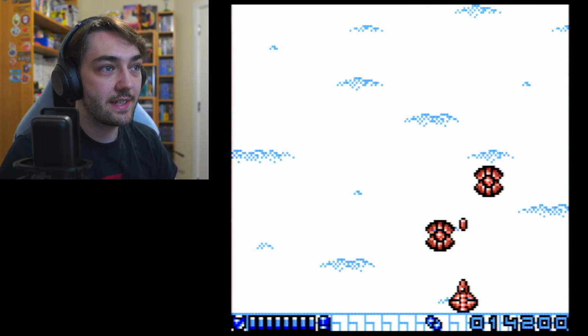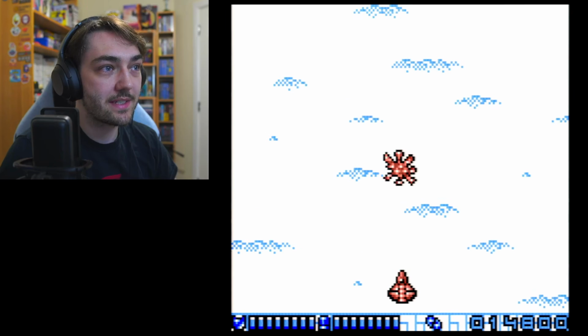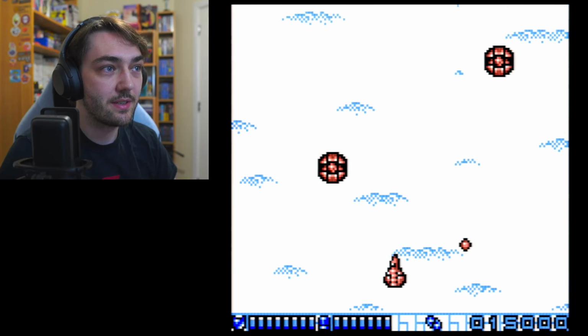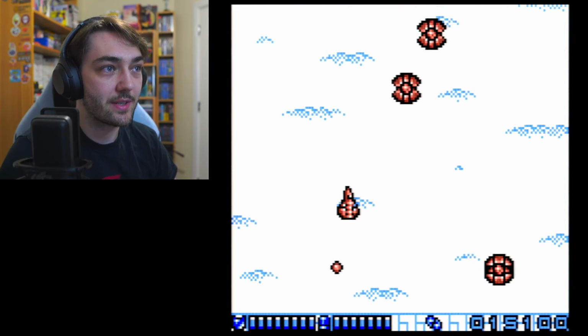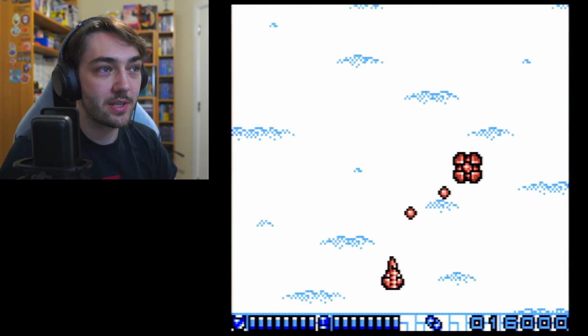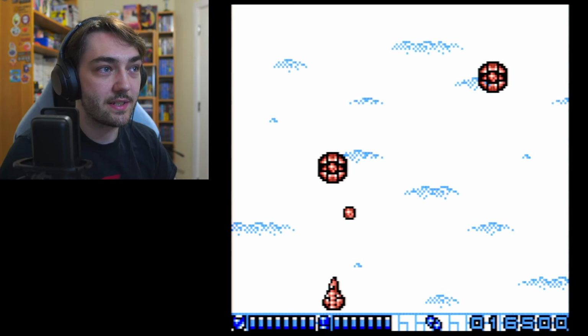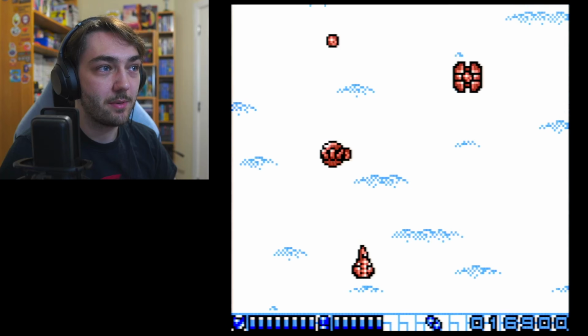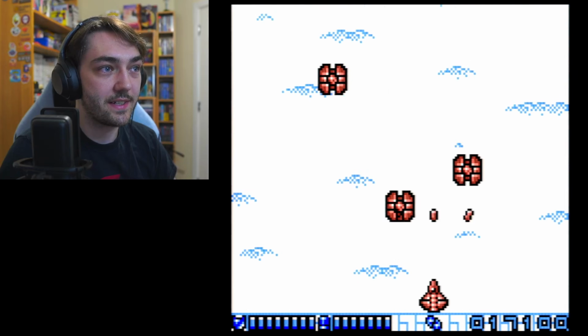One thing that I will say that isn't so good about this game is the fact that a lot of the enemies seem to just repeat over the different levels. So as you can see, even though this is level 2, it still features mostly the same enemies, mostly the same pickups. The only really different thing about it is the background and the music, which isn't really that great,